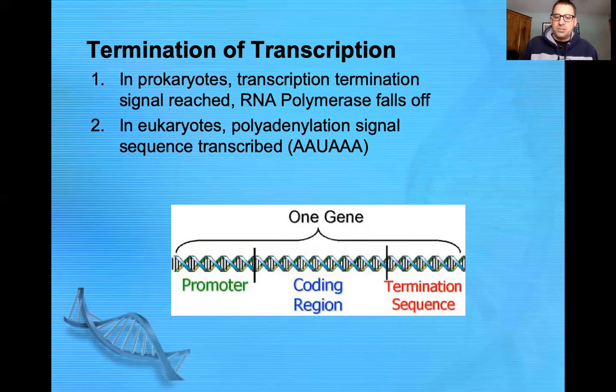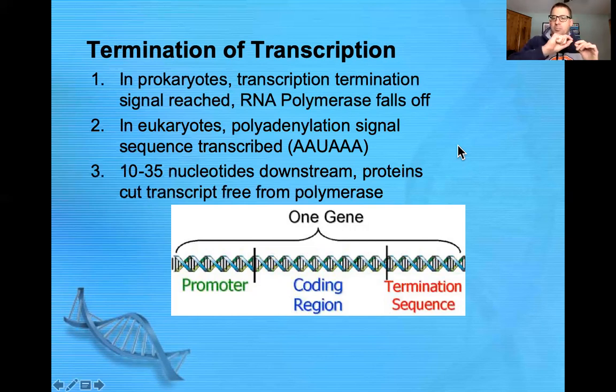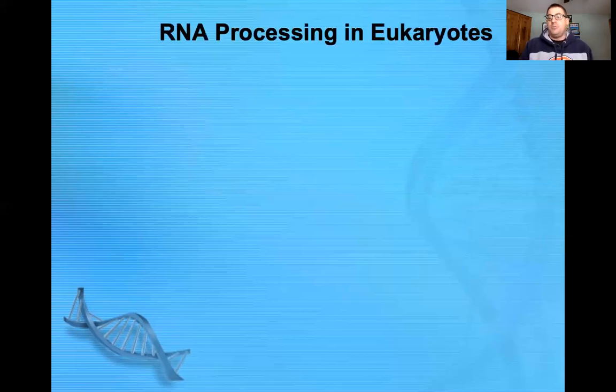When that sequence is transcribed, the RNA polymerase will continue going for about 10 to 35 more bases downstream from that polyadenylation sequence, and then proteins will cut the transcript free from the RNA polymerase. Okay. Now, like I said, in prokaryotes, the RNA polymerase falls off. That messenger RNA often starts to be translated into protein before the RNA polymerase is even done making